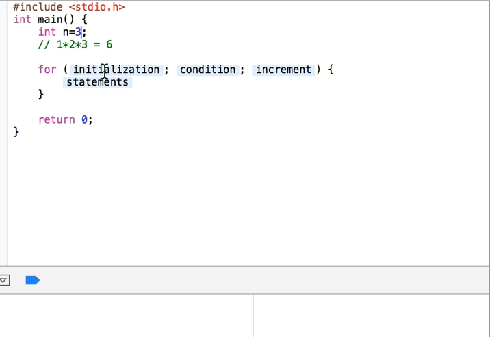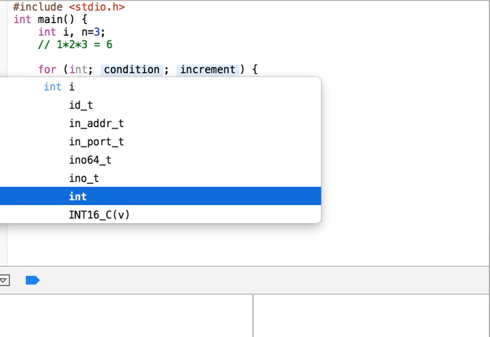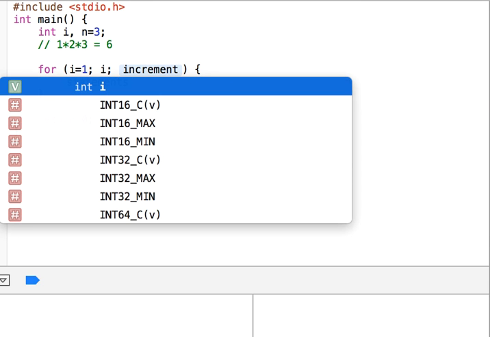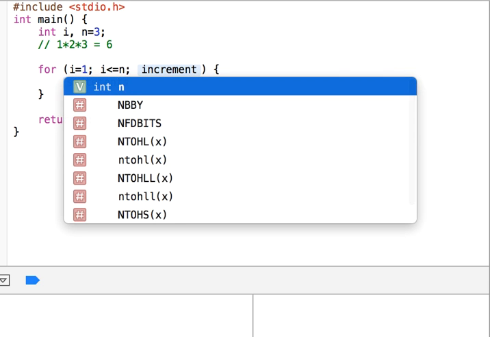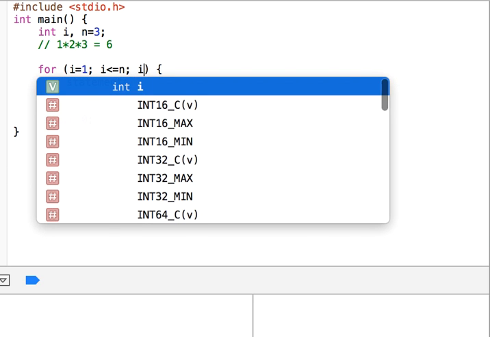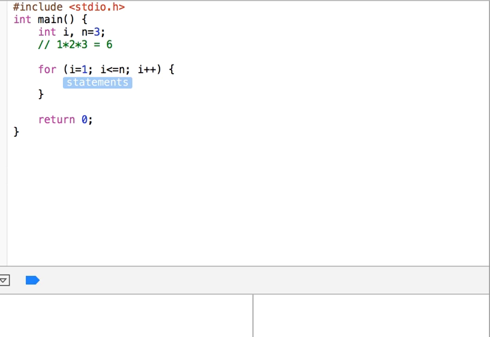Initialization part, let me declare i outside. So let me declare it here, i, and then here just write i equals 1, start from 1. Condition is: as long as i is less than or equal to n, keep going, and then increment i by 1. Okay, so statement is